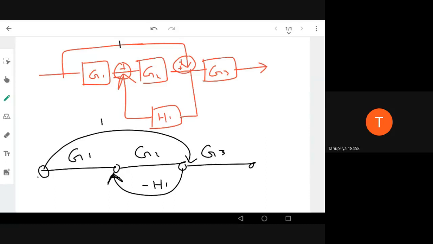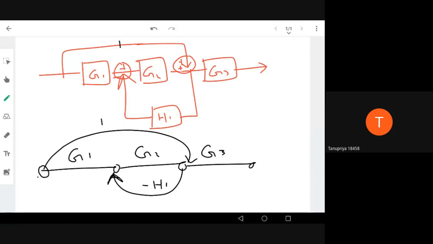In block diagram reduction, you have seen a lot of logic you have to apply, a lot of experience, a lot of practice you have to do to simplify it fast. Else we are going to make mistakes, or do it the wrong way, exchanging the loops and gains or reversing them. So what we need is a step-by-step mechanism, a kind of algorithm, so that given any complicated block diagram problem with a lot of gains, loops and forward paths, we have specified step one, step two, step three, step four, so that if we model this in an automated system like a computer, we can easily solve it.